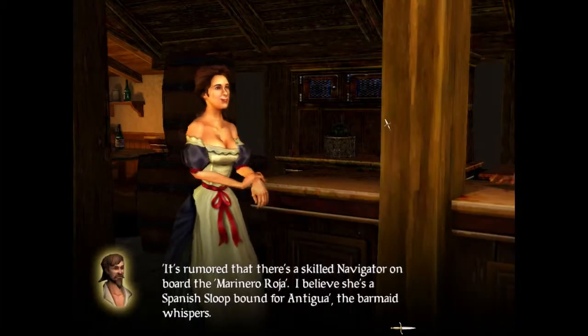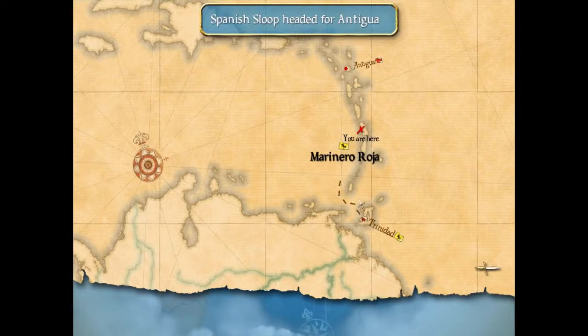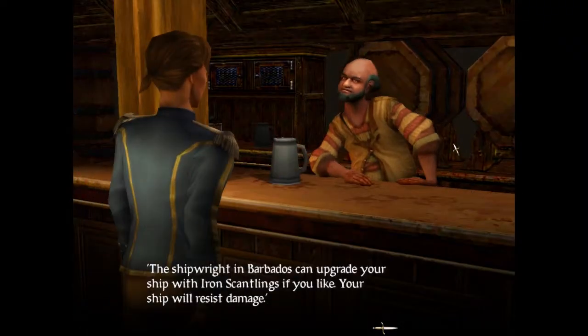Montserrat. It's rumored that there's a skilled navigator on board the Martinero Roja, a Spanish sloop bound for Antigua. It's pretty close to where we are. We could probably intercept that. In the next episode,